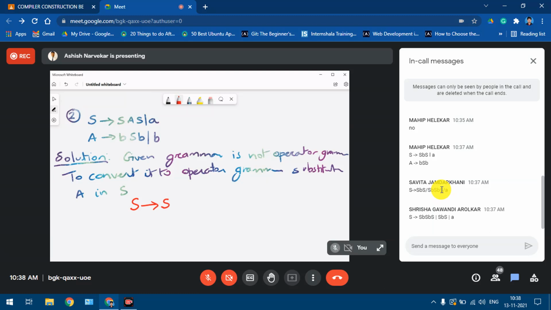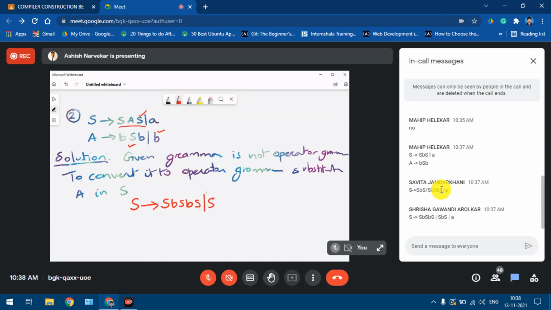S will come first, and then this production of A, BSB, followed by this particular S which is in the original production. Or there is one more production of A which is a small b. So that we have to substitute too.